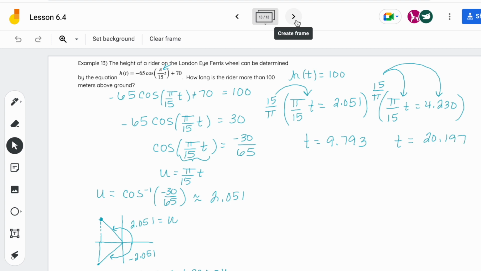So time represents after the rider has started. So in between this time and this time is the time when we will be above, right? Because of the direction of how cosine is swaying. So when I take 20.197, unless t is in seconds, I would assume minutes. We're going to assume minutes. 10.404 minutes, we are above